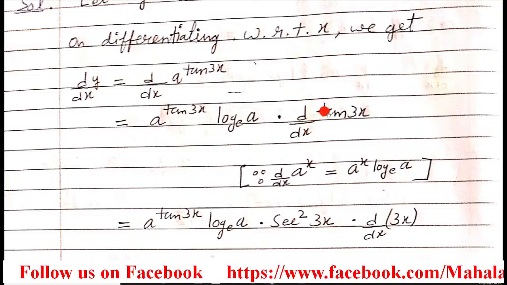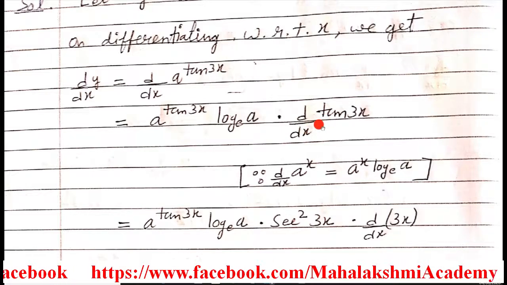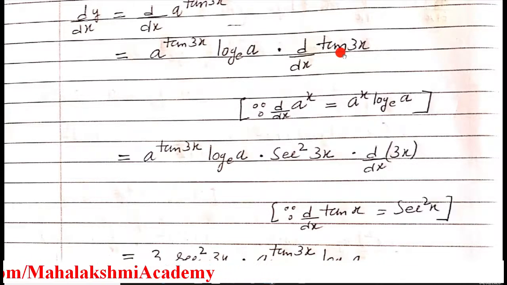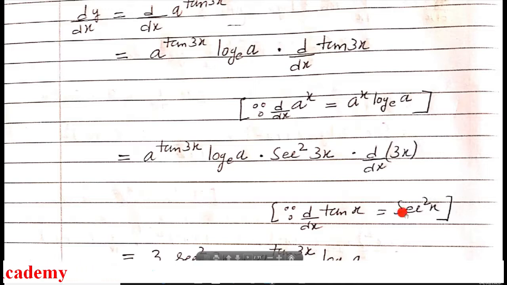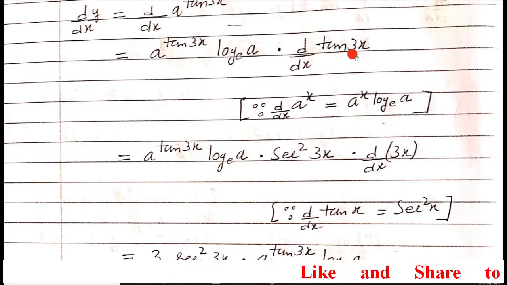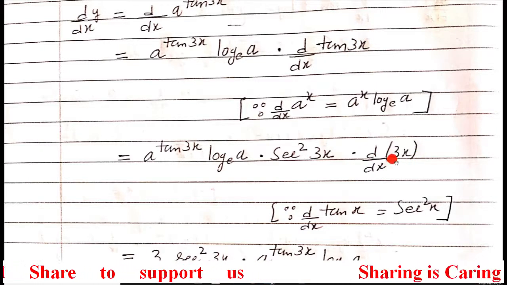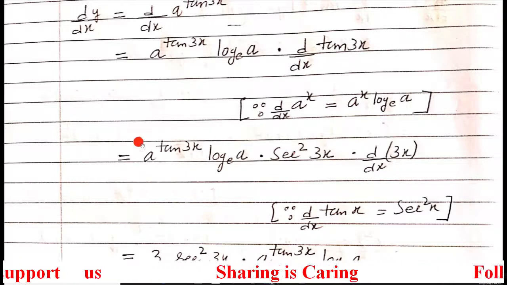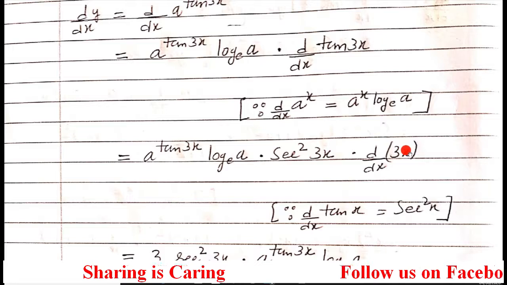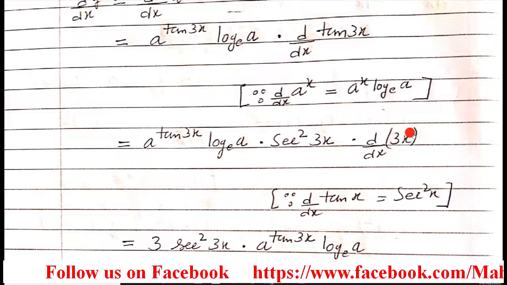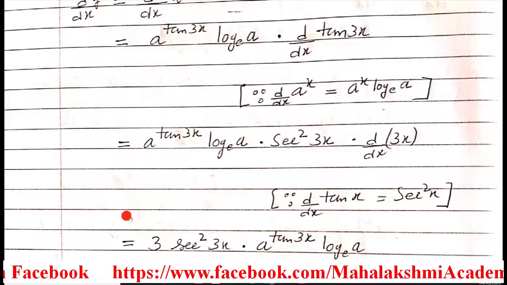That's why the derivative of tan 3x will come because of the chain rule. Now these two terms will come as they are. When we differentiate it, we'll use the formula for the differentiation of tan x, that is sec square x. So sec square 3x, but it's not x, that's why we have to use the chain rule. So we'll differentiate it again. When we differentiate it, this 3 is the coefficient, so it will shift in front, and the differentiation of x is only 1. That's why the differentiation of this is going to be 3 into 1, that is 3. So that 3 I shifted here.